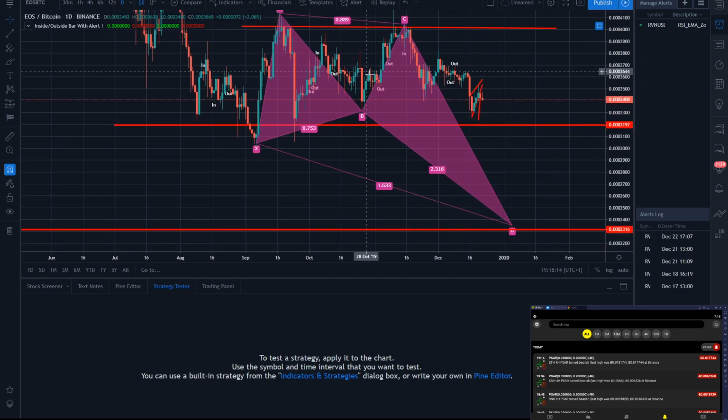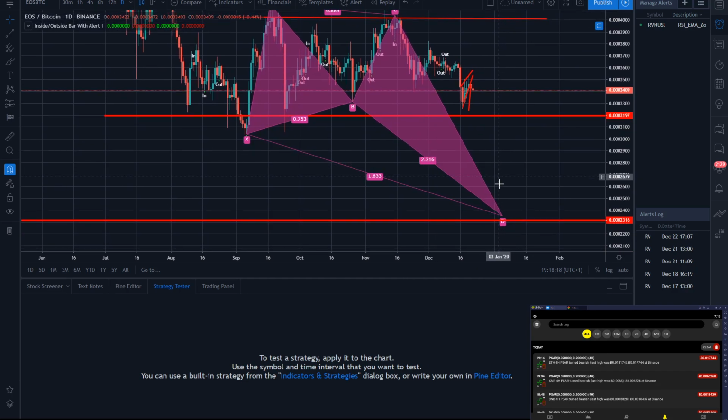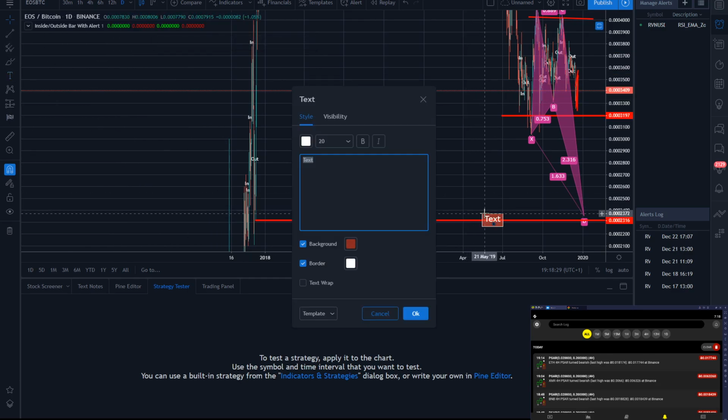Also, if we look at the weekly level on the daily, we have a bullish butterfly, which is a harmonic pattern. And if we go at the weekly level, this is the level to watch, 2316. So yeah, this level 2316 is a potential buy zone for me,